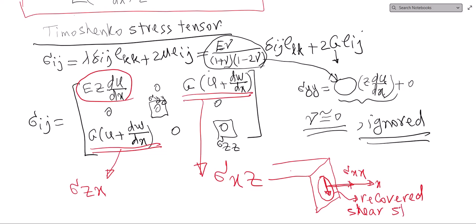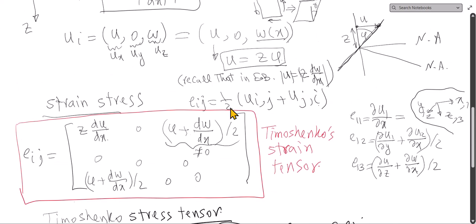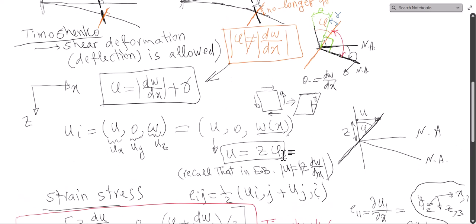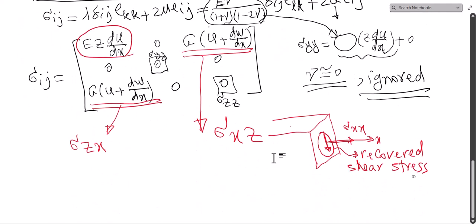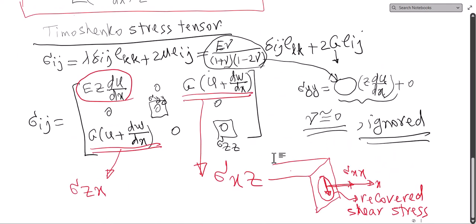Shear stress, which was absent, if you recall, in Euler-Bernoulli beam theory. I still need to talk about this phi more, including the sign convention. So I will do that. But before going there,